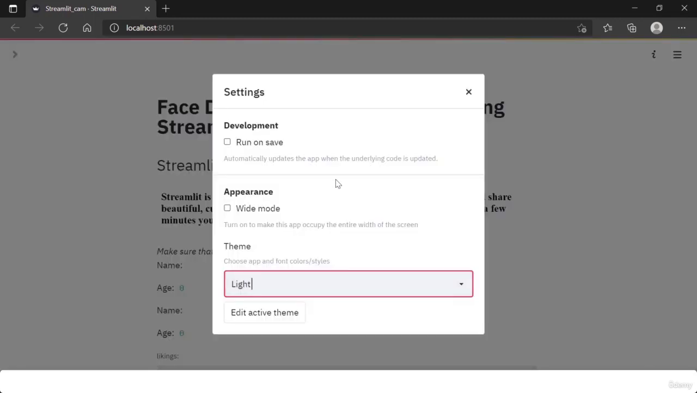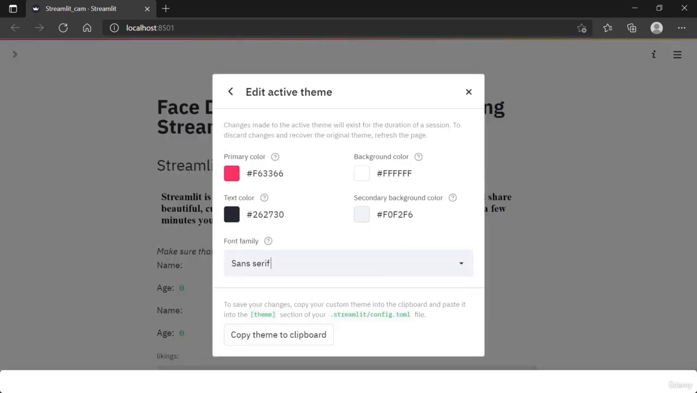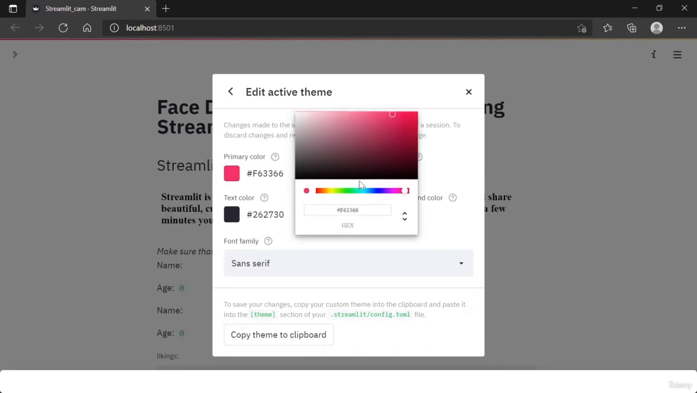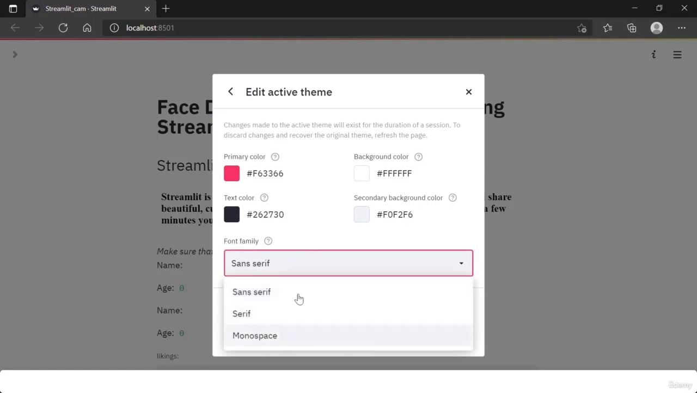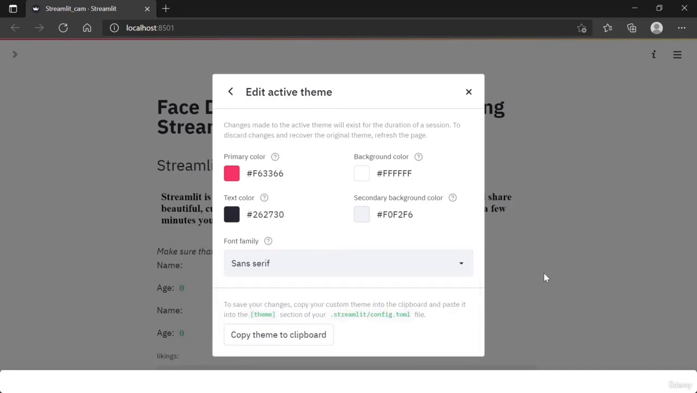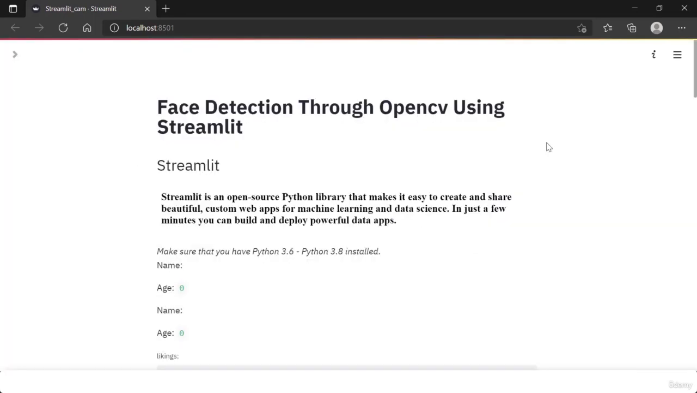And not only that, you can even go to active themes and edit the primary color and change the color here. Go for background color, change the background color and stuff like that. And then you can see that there is a font family too, but it only gives you three options. And yeah. Now another thing that is very cool about Streamlit is that once you change your